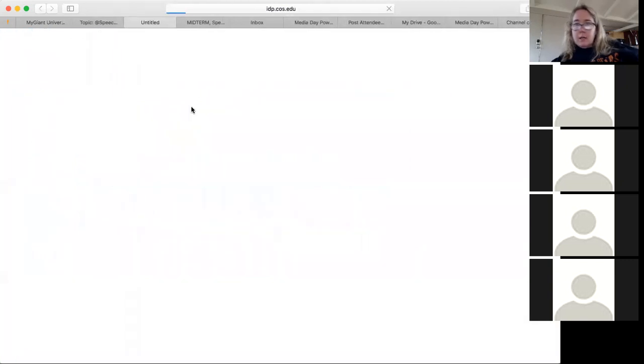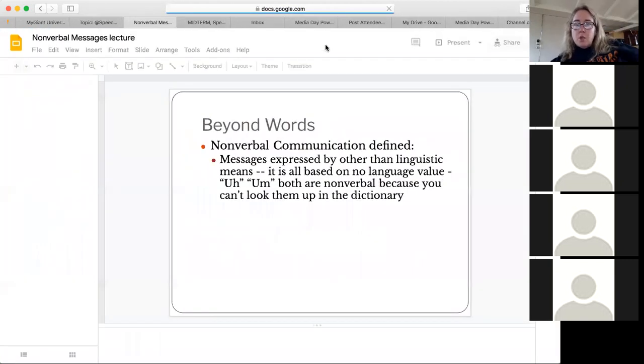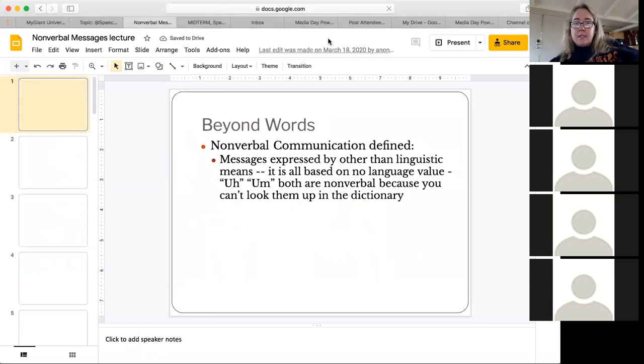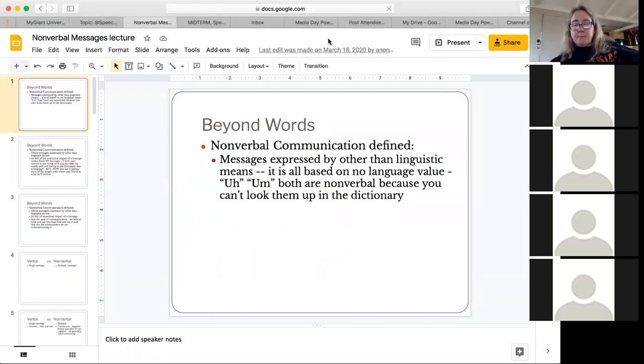I'm going to share my screen. Let me see here. So this chapter is chapter 6. It's the nonverbal communication chapter. The major difference between last week's lecture and this week's discussion is that I'm not going to do a full lecture. I'm going to talk through it and then we'll ask some questions about it. But I am going to talk about it to make sure you understand the major difference between verbal and nonverbal